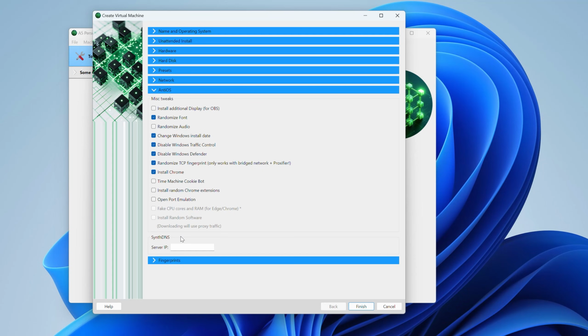Syntness. This project allows you to use a very interesting technology that allowed you to spoof DNS with any IP address you want. That is, in other words, you could set a DNS from whatever network you wanted, absolutely anything, and all the DNS tests would report that you were using the exact IP address you entered here.